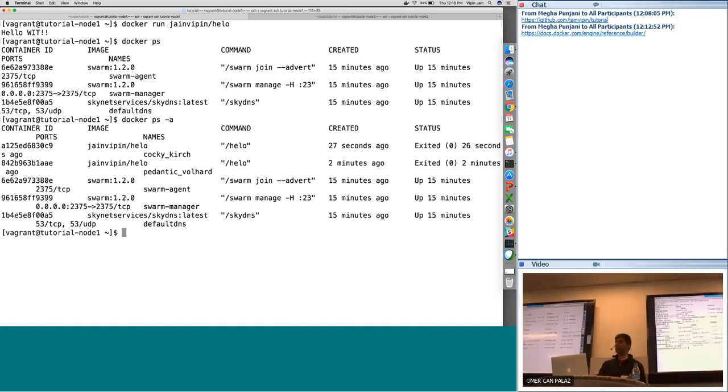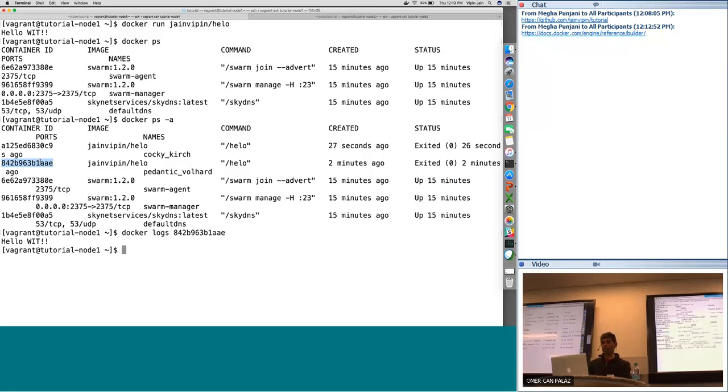Now the question is that we ran this container twice, and look at this. This one exited 26 seconds ago, and this one exited 2 minutes ago, which is approximately the timeline we are looking at here. So why do we need to keep these containers around? The reason is because you run an application, it does something. If it wipes out everything, now you wonder what happened. Let's say it didn't work the way you expected it to. So it keeps around these containers so that you can examine their logs, and not only logs. Now you have to give which instance you are trying to look at.